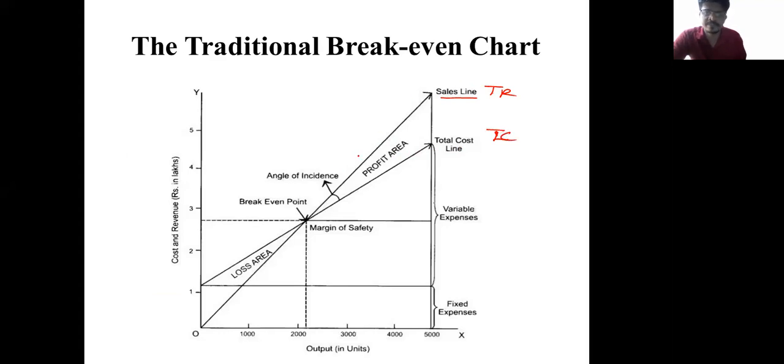Then if we draft that, the point at which both of the lines intersect each other can be identified as the break-even point. And the area in which total cost is higher than total revenue,